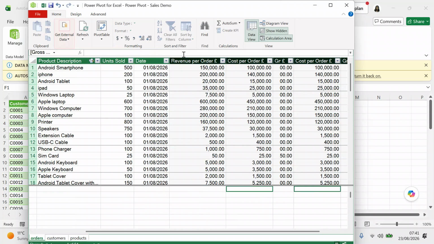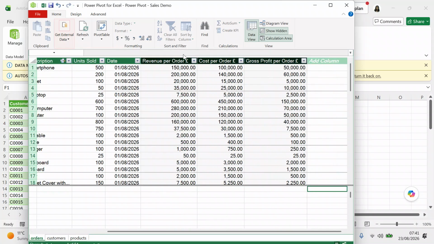So you can also, and this program is written in DAX, which is Digital Analysis Expressions. So you might want to take a course on DAX, a YouTube video on DAX, to find out how to do it. But we're going to say revenue. We're going to say revenue per order. So you can say equals